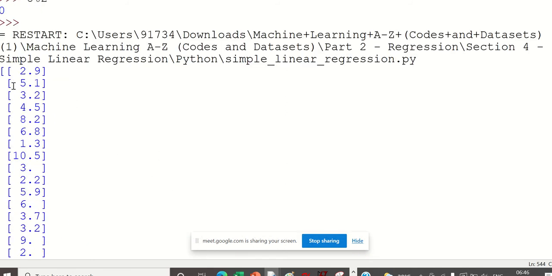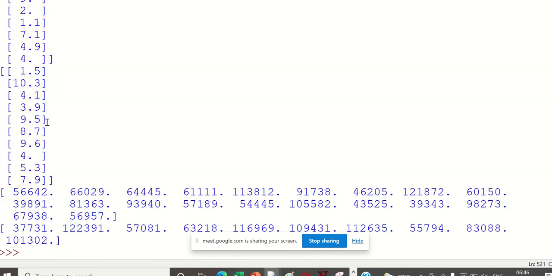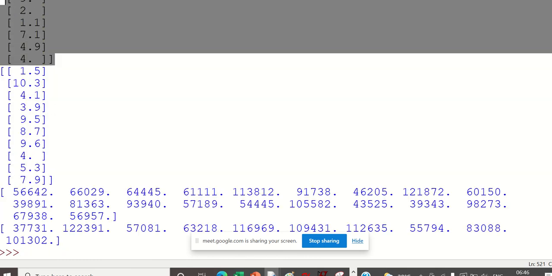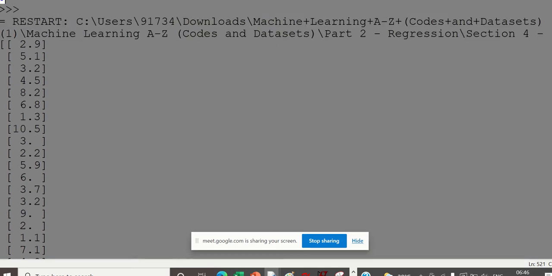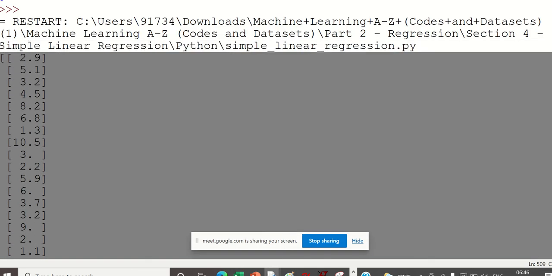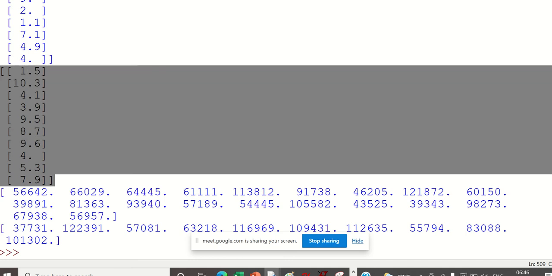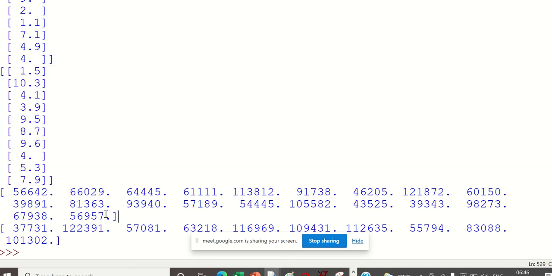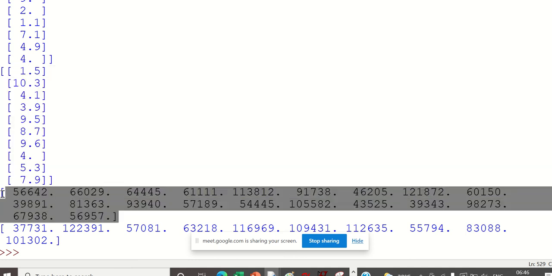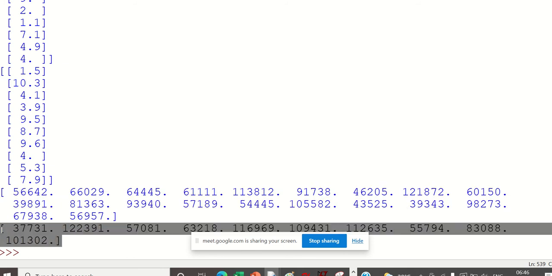See, the first part, till here, is your training data, all these people with different experience. This will be your training data, and this will be your test data. Next, this is the corresponding training data's value y. This is y, and this is y test, y train, x test, x train. So these are the data.